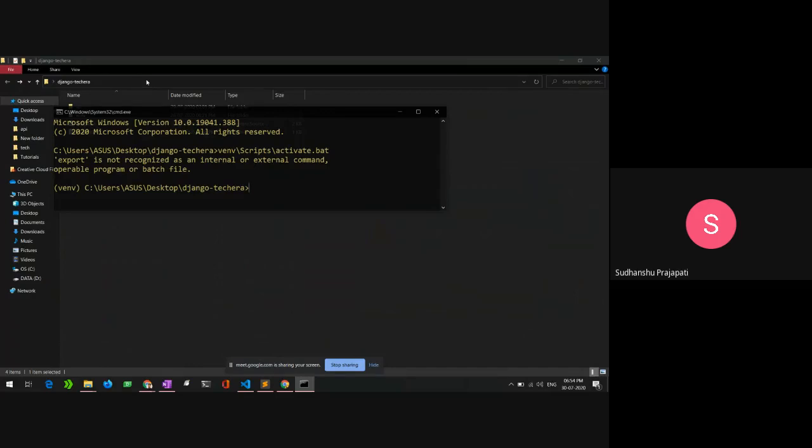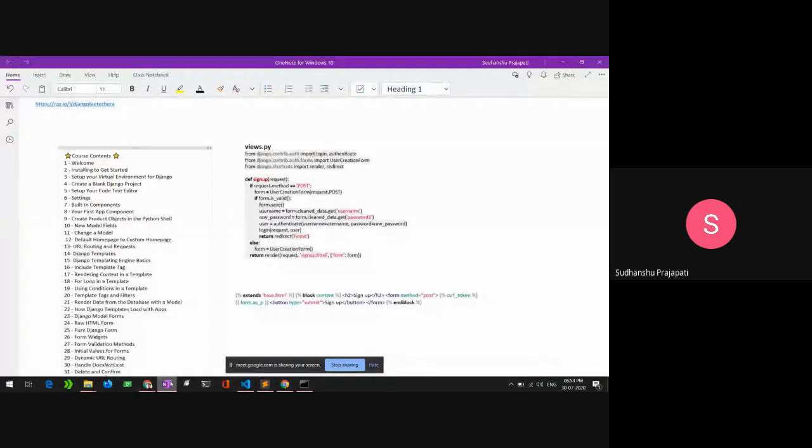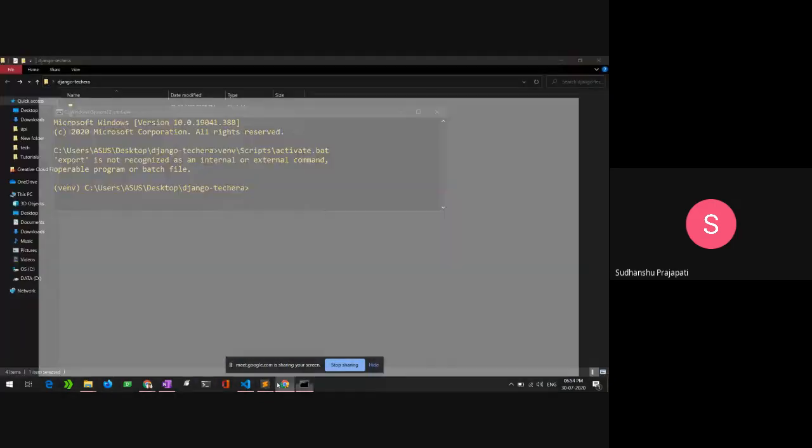Let's see. Export is not recognized as an internal or external command. Actually, something I am forgetting right now. What is it?